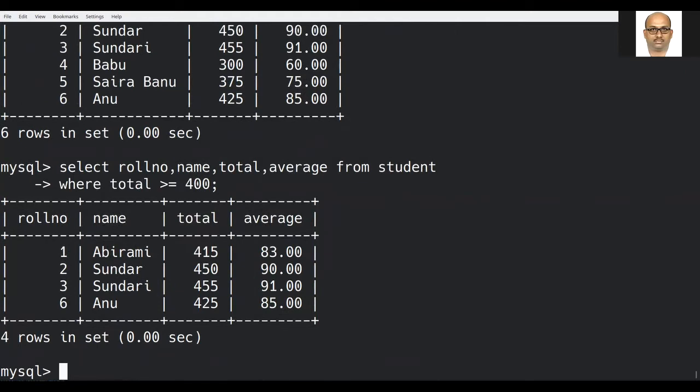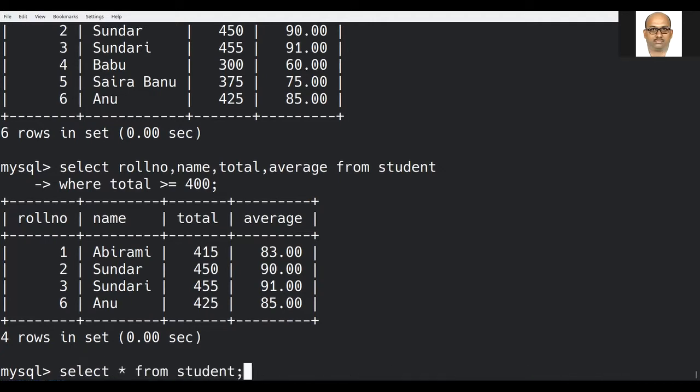This is one condition. Among the 6 records, 4 records satisfy my condition, and those 4 records are displayed. The other 2 records which do not satisfy the condition are roll number 4 and roll number 5. Roll number 4 total is 300. Roll number 5 total is 375.